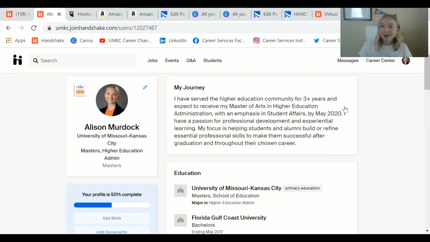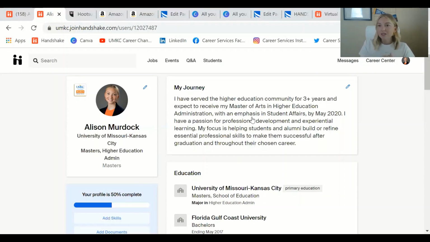It needs a little bit of updating. I already graduated, like I said, with my master's, so I need to update this. But for the most part, I pretty much took this exact piece, my journey, from my About section on LinkedIn. So if you have LinkedIn, you'll find that a lot of this is so similar to LinkedIn. You could probably just copy and paste a lot of it, and it'll save you a lot of time, especially in that experience section when you're adding in a description. It'll save you so much time.